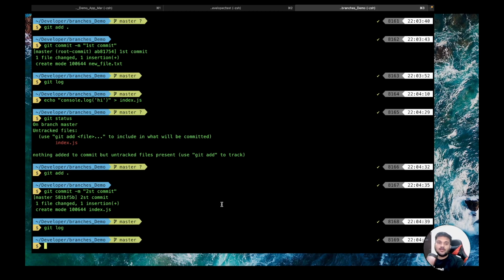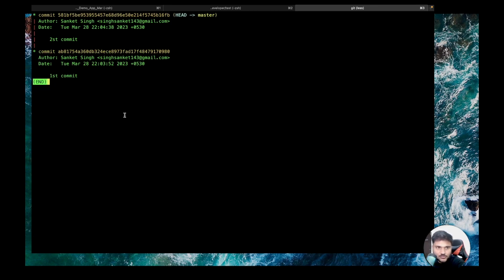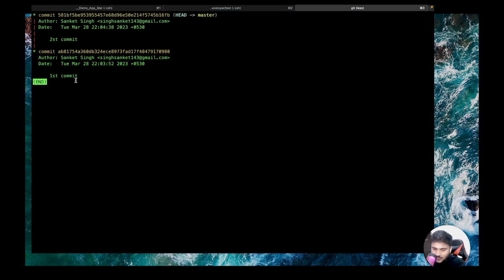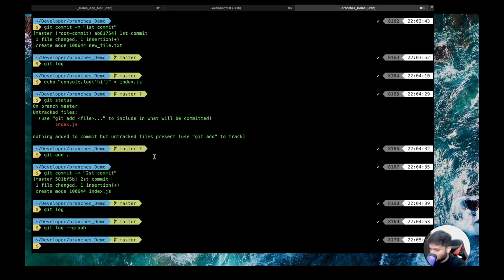Now let's say, what's the use case of branch? Using branches, you can actually work on a piece of code without hampering other pieces of code. Okay. So if you do git log with the --graph flag, you'll be able to see a graph-like structure like this, that currently the whole working directory is linear. Now you can create a branch here. The command to create a new branch is git checkout -b.